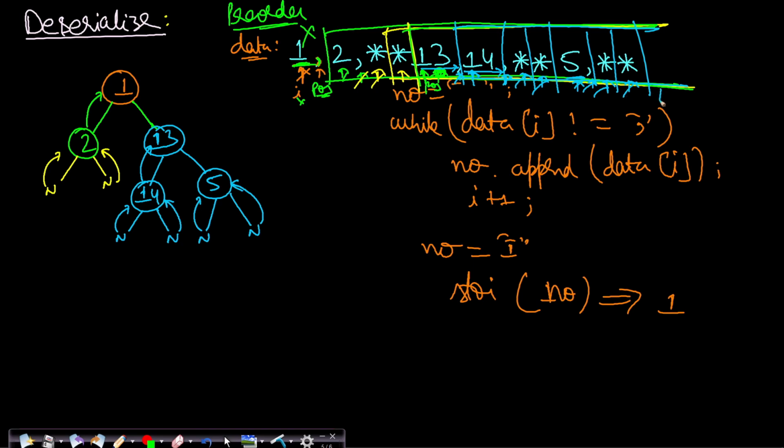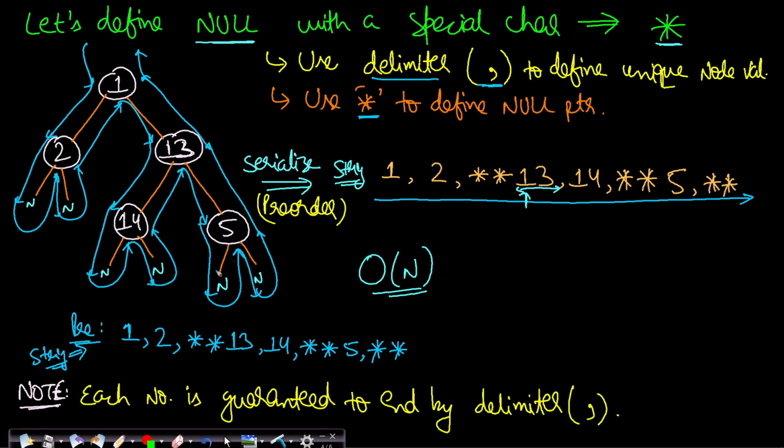And then you will see that eventually your data part is actually gone. This is an empty string now. So as soon as the data part is empty, you will end your entire process. And if you see, this is the actual binary tree structure which we wanted. This was the actual binary tree structure which we wanted, right?